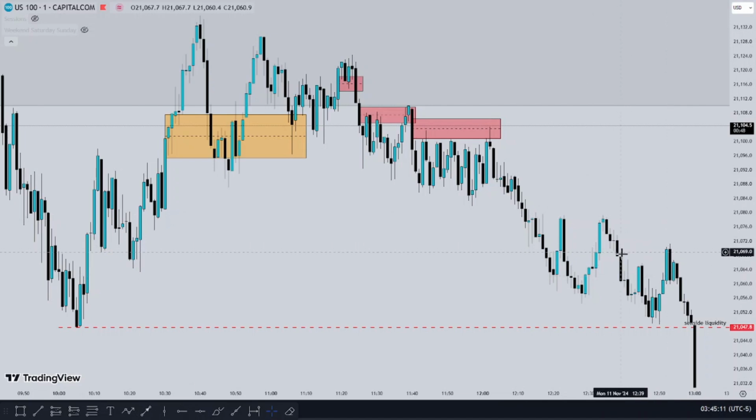Price traded to a fair value gap, a 1 minute fair value gap, respected the fair value gap, traded lower, took out the sell side liquidity. Now, looking at this trade, we took two trades. The first trade was stopped out. The second trade played out, and there were multiple ways we should have increased our position, but in this demo